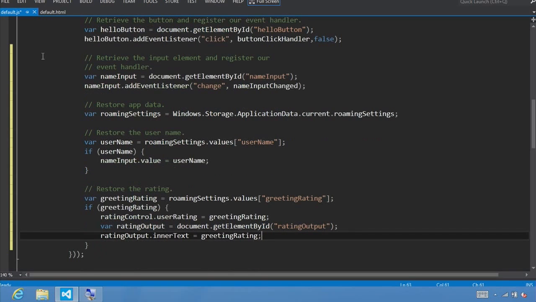Okay, let's review what we've done so far. First, we got a reference to our roaming settings app data container under Windows.Storage.ApplicationData.current. While previously we saved the value in username, now we're going to restore the value by calling roamingSettings.values, setting this as the username, and assuming that somebody set a username, change the text box value equal to that username. And for our rating control, similarly, we load up whatever the value was saved to greeting rating, and assuming